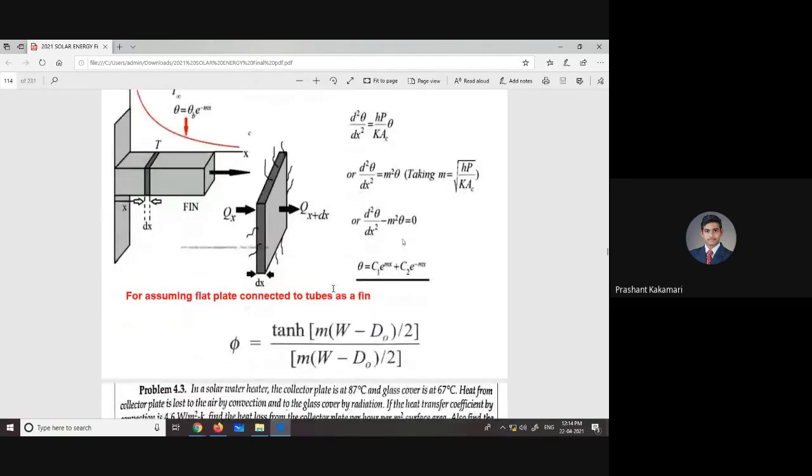The next topic is how to take this m. So m is the constant, or it is nothing but the writing the effectiveness of the pin fin with other terms. Effectiveness of the pin fin is square root of Kp by h into A. Okay, so this m is a constant. It is not effectiveness, but it is just replacement of some other terms. So just to write this equation in terms of d square theta by dx square equal to m square theta,